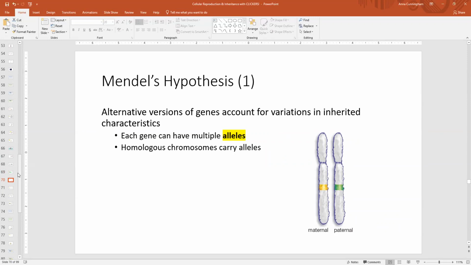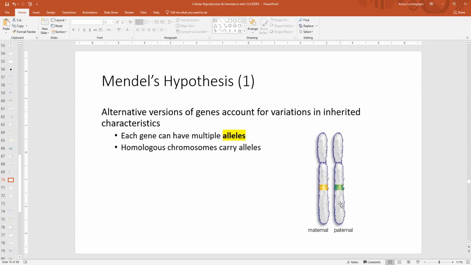So he discovered that even though you have a single gene, like flower color, every cell could have different versions of that gene. What we now know to call different versions of the same gene are alleles. And these alleles are carried in the same spot on a chromosome. That location is called a locus. And those alleles are present on homologous chromosomes. So that's what you see in this picture, right? In this picture, you're seeing homologous chromosomes. This would be the same chromosome, let's say like